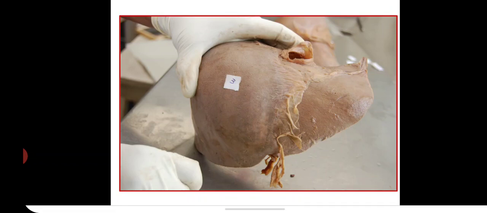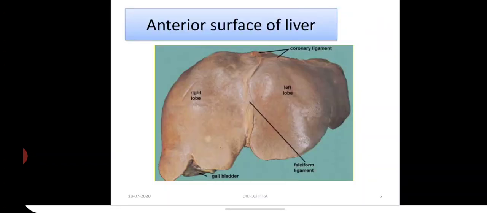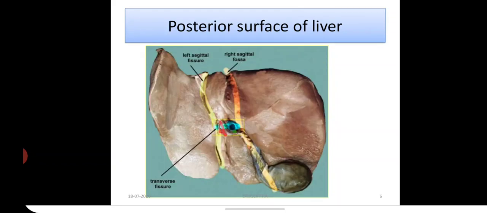So this is the human liver. It consists of two main lobes, the right lobe and the left lobe. You can see the left side of the image is the right lobe and the right side is the left lobe. Both are made up of about 8 segments according to the blood supply. Here again, the right lobe and left lobe of the human liver are shown clearly. This is the liver seen from the front. This is the liver seen from behind.